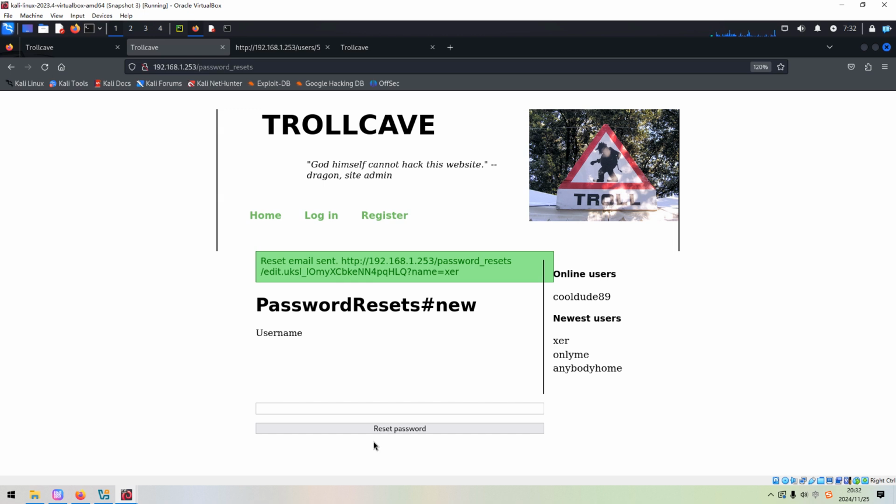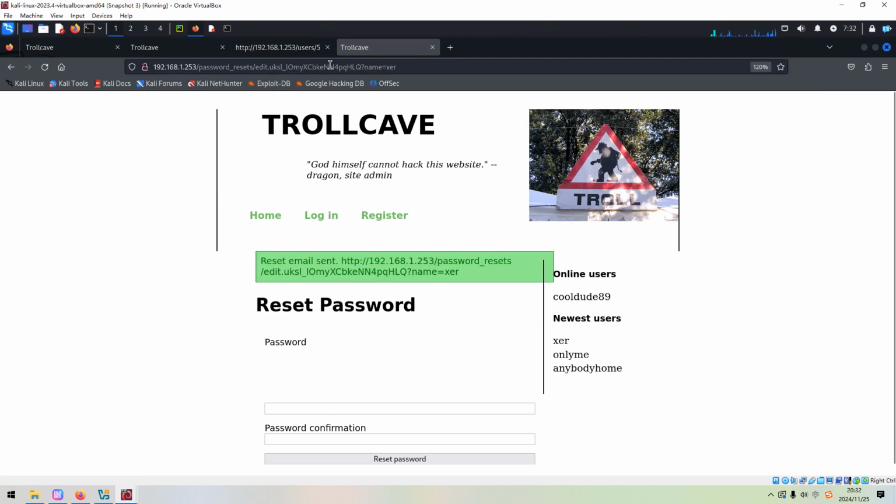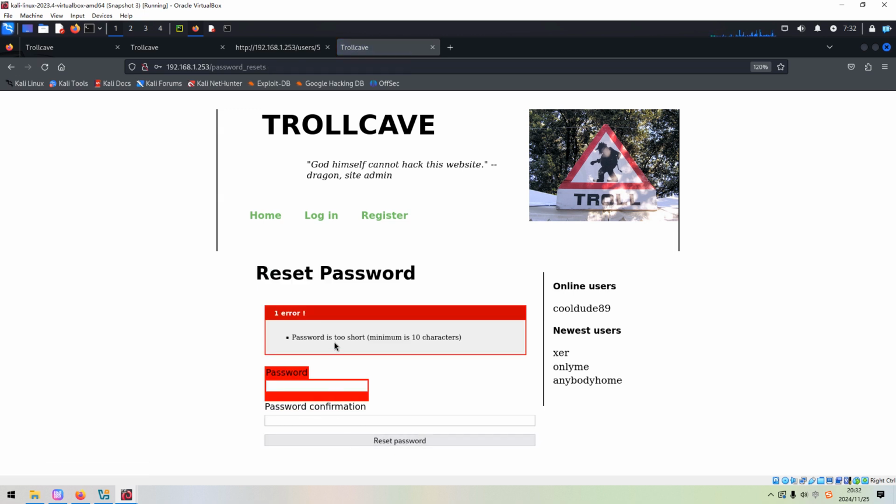Reset password. As you can see now, we can set the password. For example, we can copy this URL and put it over here, and we can set a new password for this user. For example, 123, 123. However, the password is too short. The minimum is 10 characters. It's okay.